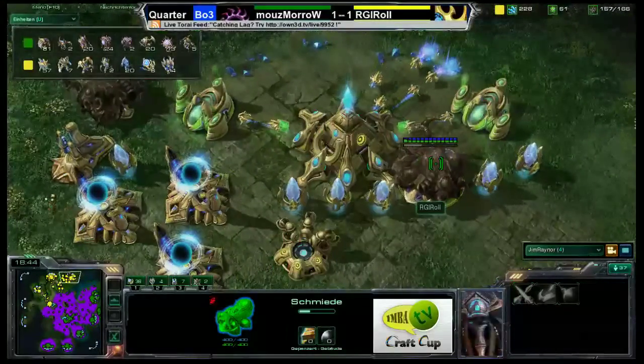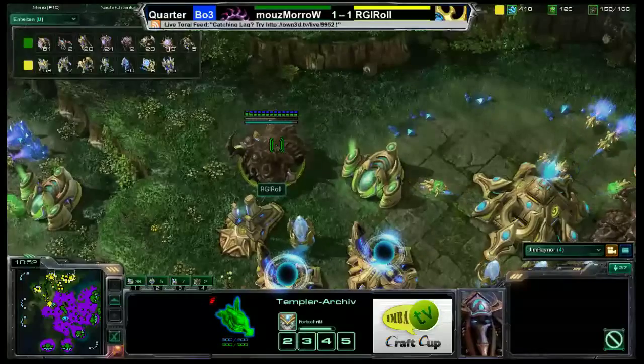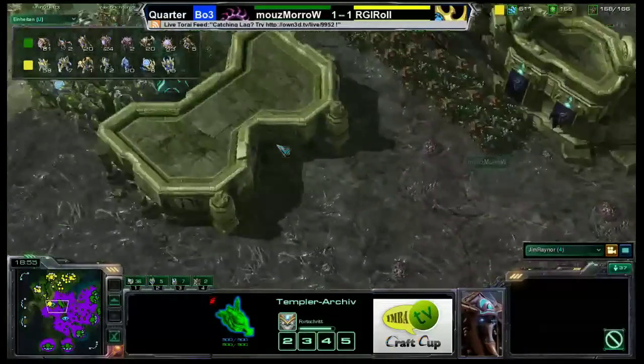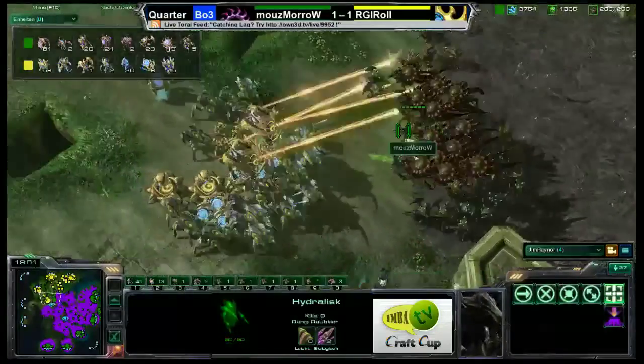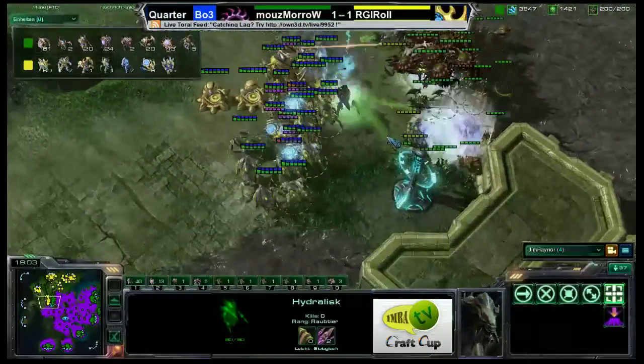And check this out. Forge and Templar Archives have been contaminated by MorroW. And here we go. MorroW's moving in. 20 Hydralisks. Giant conflict here. 20 Hydralisks, 20